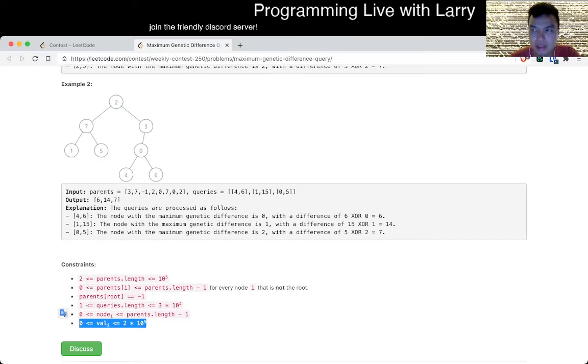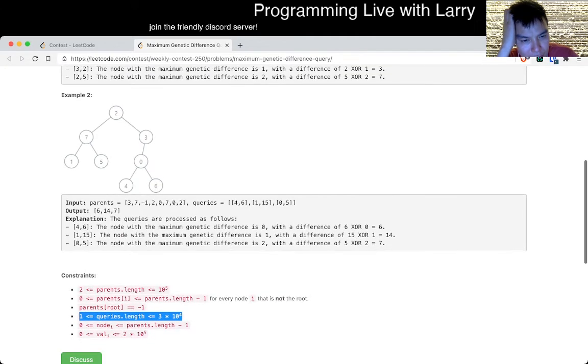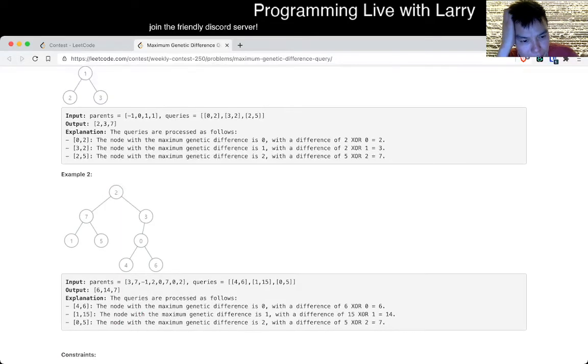Well, what's 2 times 10 to the 5th? 200,000. So that's 2 to the 16, 16 bits. Can we do something with 16 bits for each query? Yeah, probably. That should be fast enough, but how do we store it? Looking up the node is pretty straightforward, probably. But